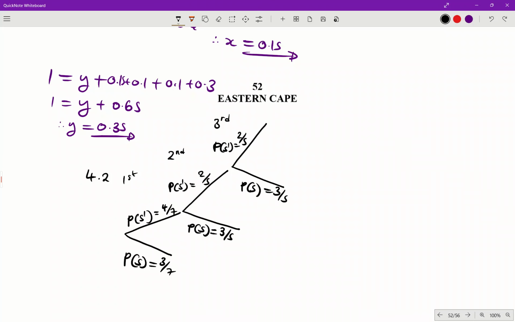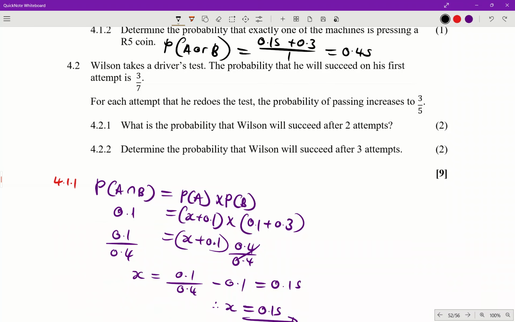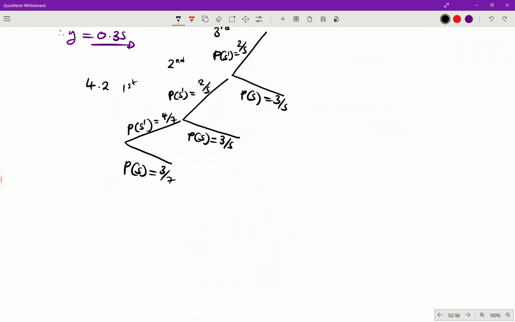Why? Because they told us, let's go back there. For each attempt that he redoes, the probability of passing increases to what? To 3 over 5. Increases to 3 over 5, 3 over 5 like that. So now, for the first question, guys,